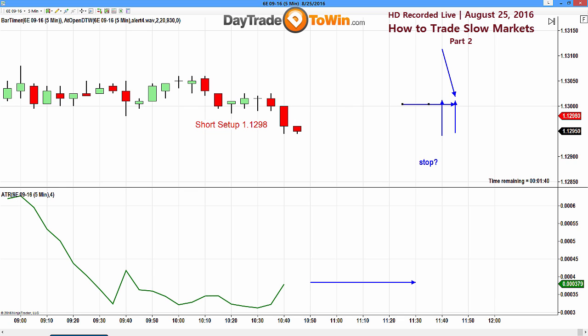That's one way that we can manage a situation where the markets are slower, they're hitting our targets or hitting our entries with limit orders, but they're not pushing through them in order to get filled. Drop it down by a tick. We know what the ATR is, so instead of going for 5 or 6 ticks, you'd go for 4 ticks instead, or 5 ticks. So you're dropping it down by front running it.